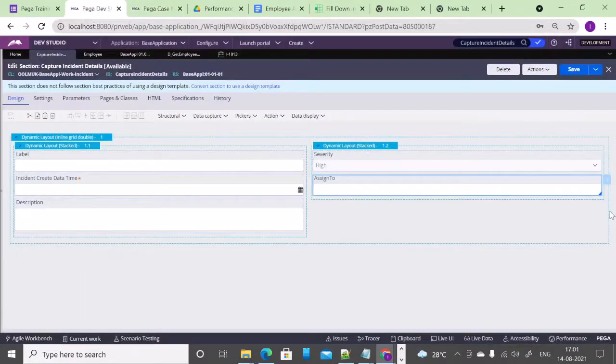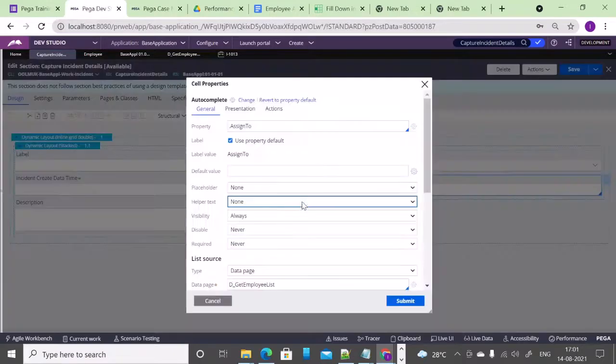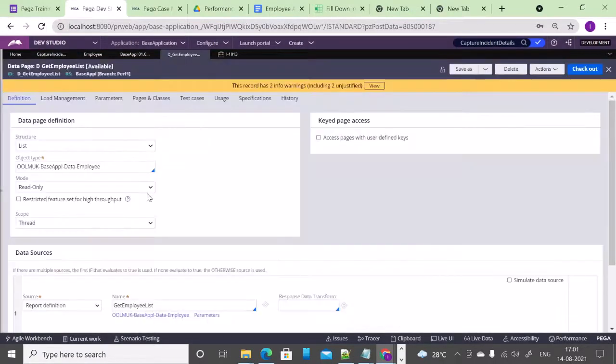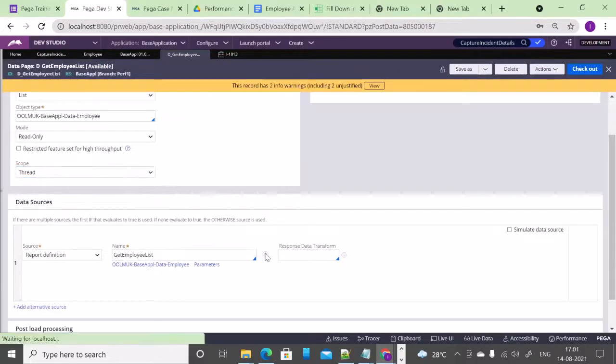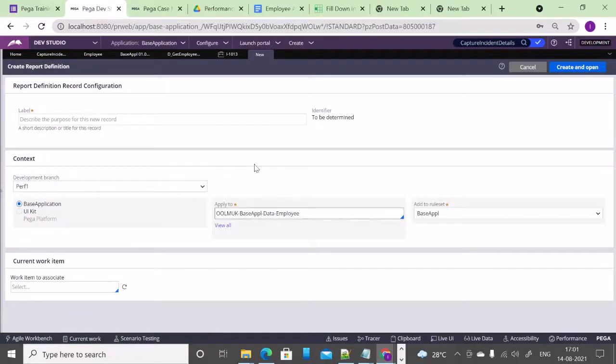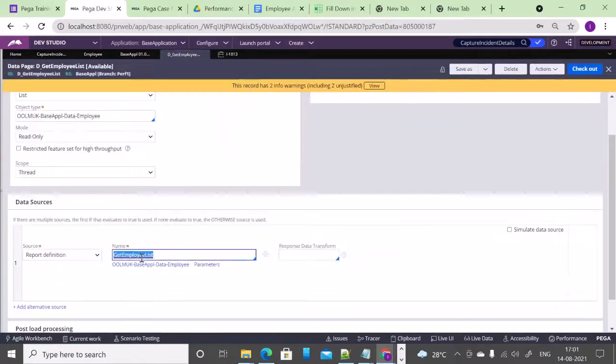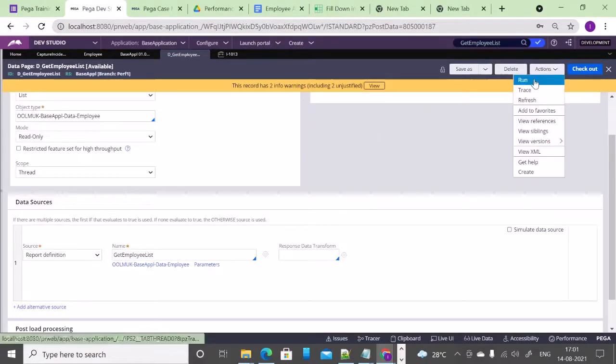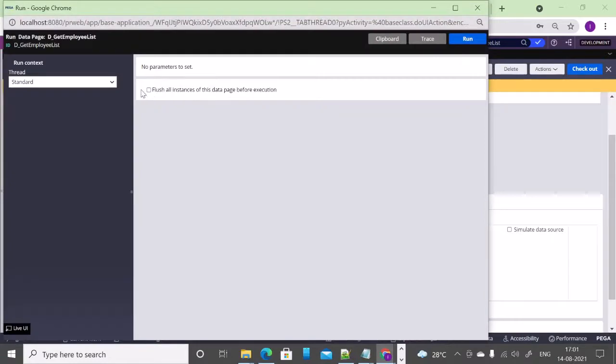That's the simplest way of doing it. So what I've already done is, for this particular property, I've sourced a data page, and then I've created a report definition. It's already there. So let me run it and see if it's fetching data.